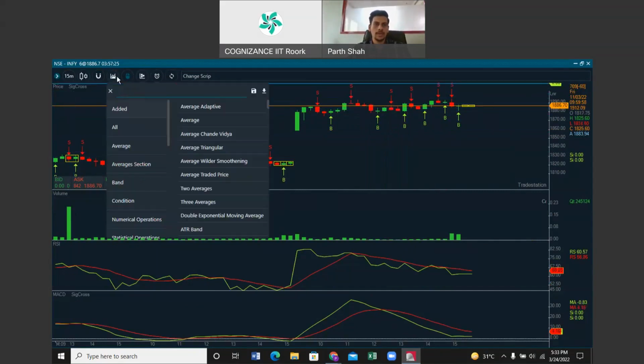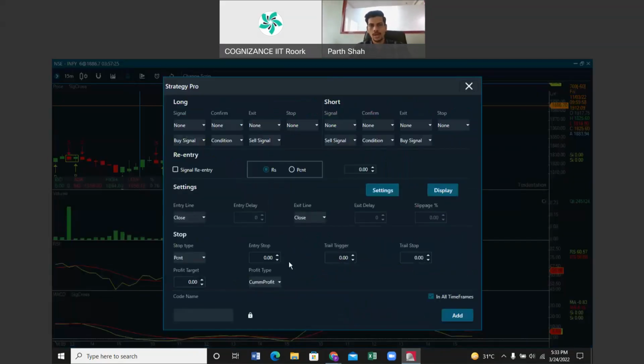Now, say if I want to backtest this strategy and I open Strategy Pro, which will help me to say whenever the signal crossover happens, I want to enter into this trade on the buy signal and I will exit the same on again the signal crossover, which is fine. Again, wherever the sell has happened, that means it will open a downtrend. And again, I want to exit on crossover.